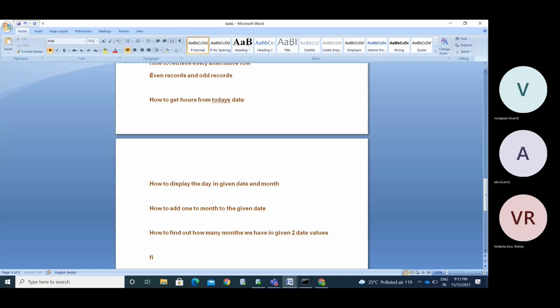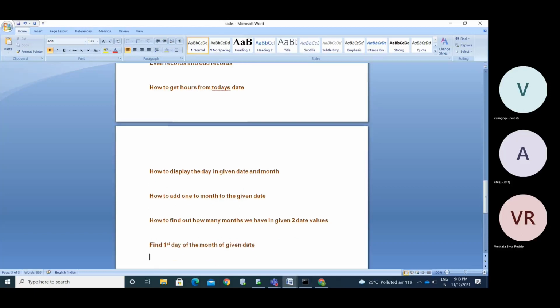Find out the first day of the month of a given date, and the last day of the month of a given date.